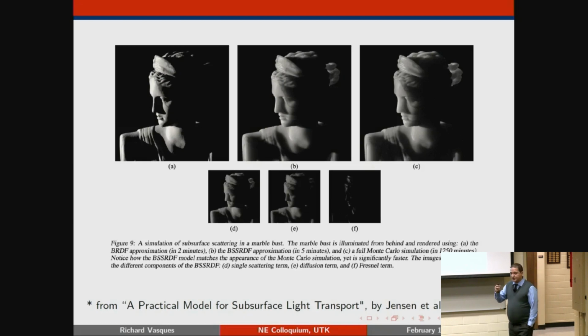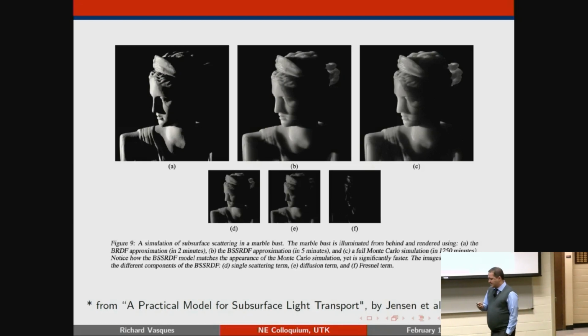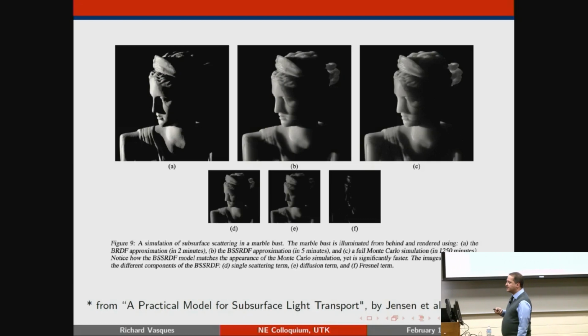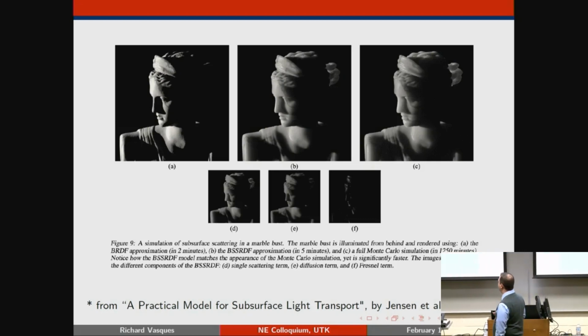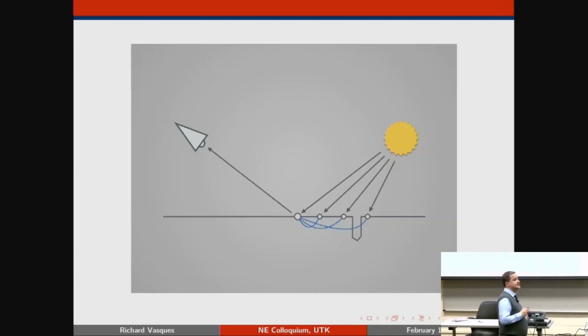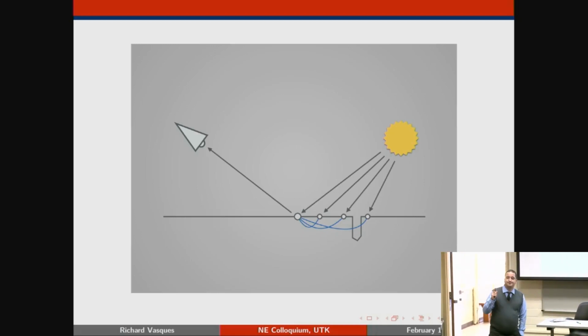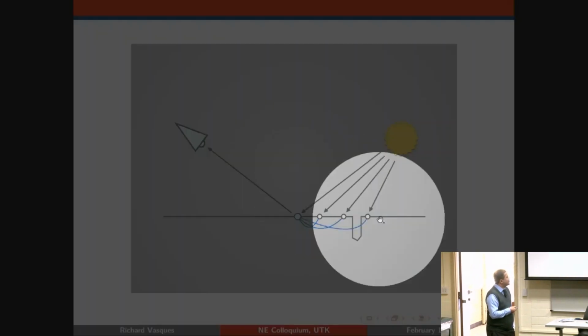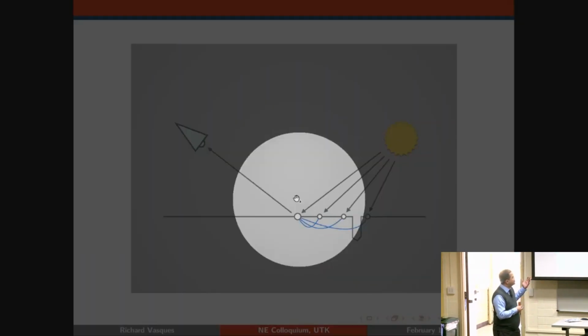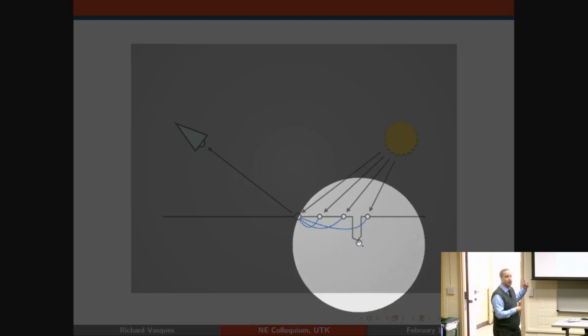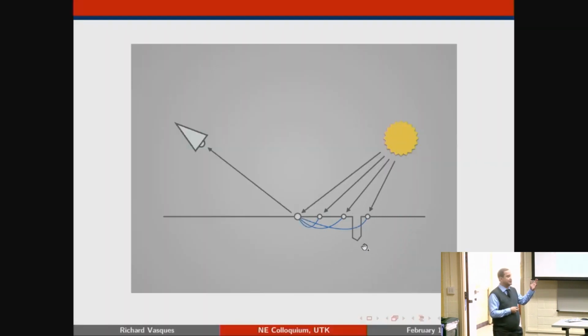But because you're doing a diffusion approximation, in a sense, there are some kinks, right? There are some things here that you want to be able to get rid of. For instance, if you have curvature or if you have a little hole in your system, that fails, right? Because it's just going to spread out that energy towards here, and it's not going to see this little corner. It's not going to be able to see it.